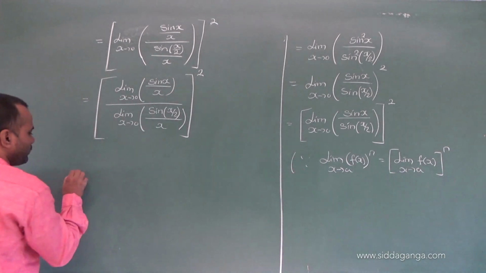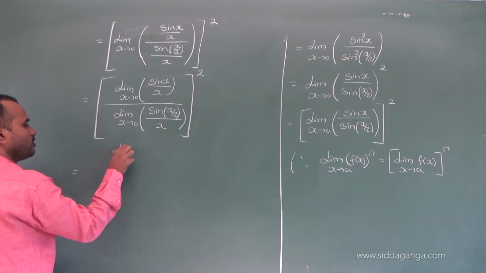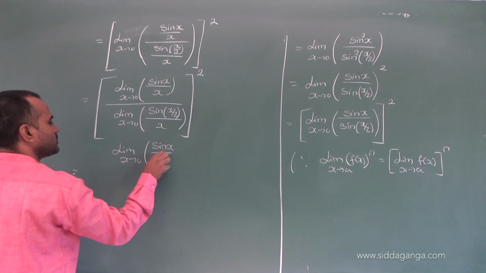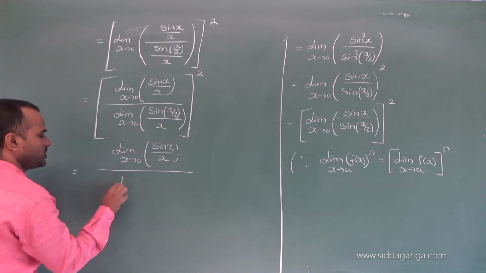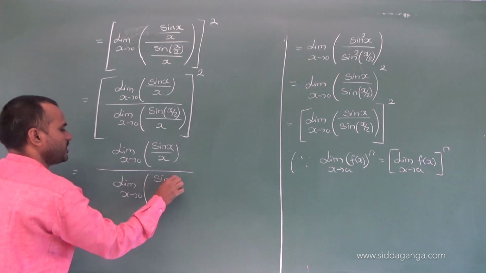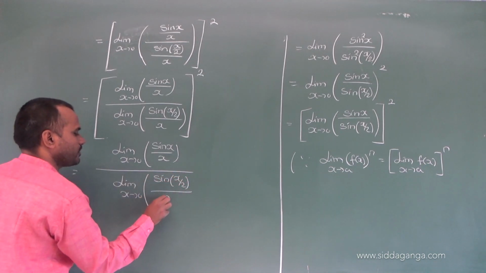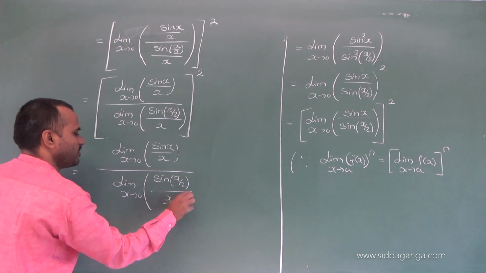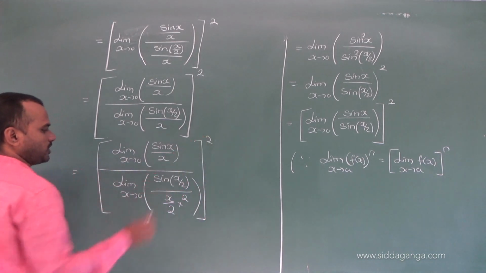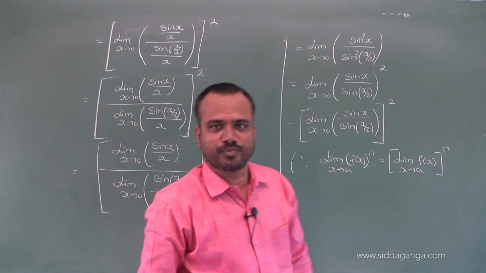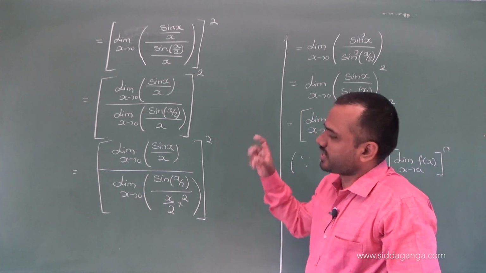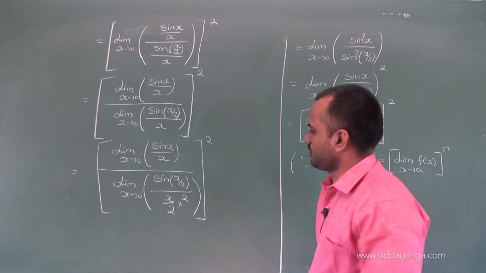What we do? That is equal to, we write the numerator as it is: sin x. Limit x tends to 0, sin of x by 2, multiply and divide by 2, whole square. See, observe here. Multiply and divide by 2. Correct? Okay. Then